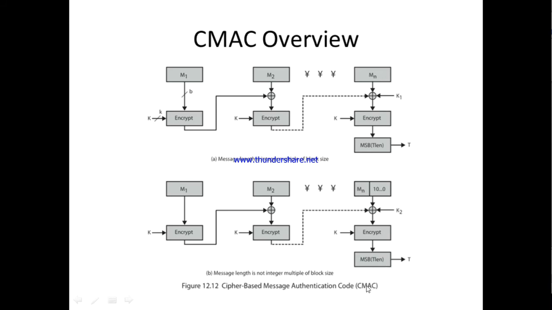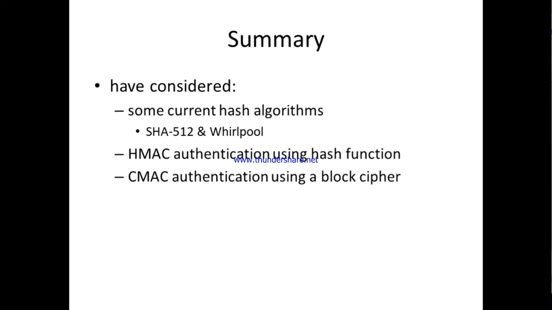So this is called cipher based message authentication. We are using 2 keys. Here, I am representing them as K1 and K2 because K1 we use when all the blocks are of the same size. But if you have a block with a lesser size, we go for additional padding. So this padding we add, and then we XOR, and then we generate the output. This output is taken as the message authentication code, and this is said to be the cipher based message authentication code.